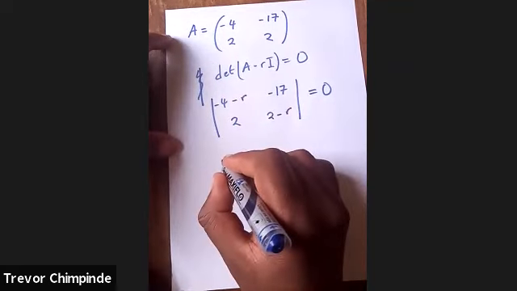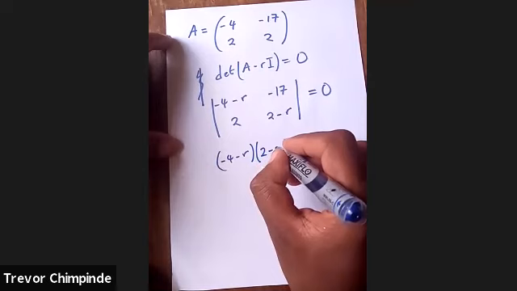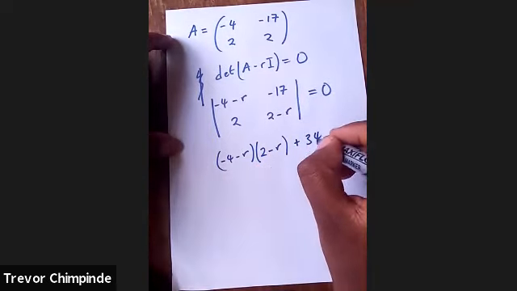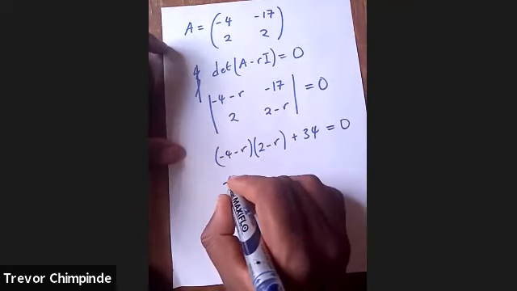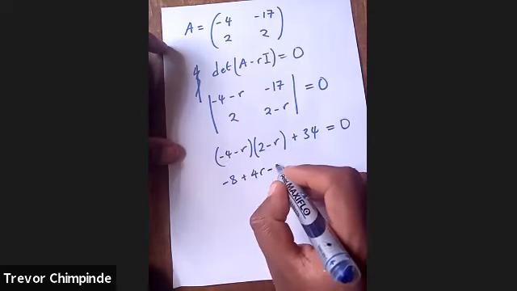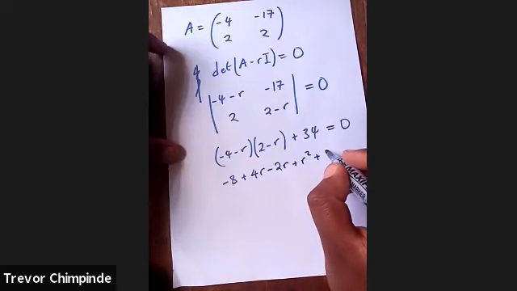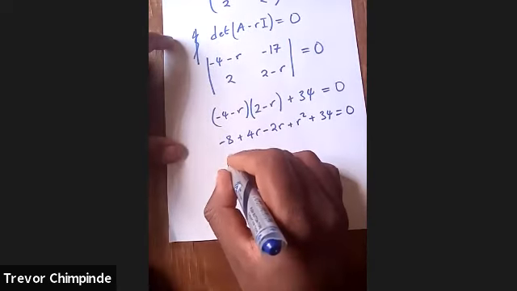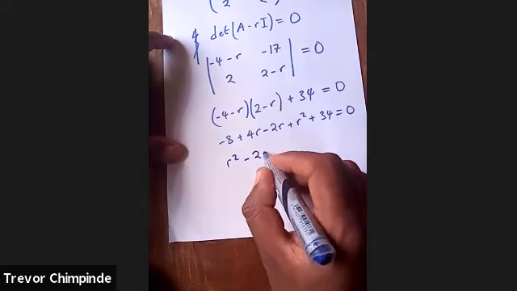So the determinant of this is (minus 4 minus r)(2 minus r), then plus 34 is equal to 0. Opening the brackets, we have minus 8, then plus 4r, then minus 2r, plus r squared, plus 34 is equal to 0. Collecting the like terms, you have r squared, then this is minus 2r,